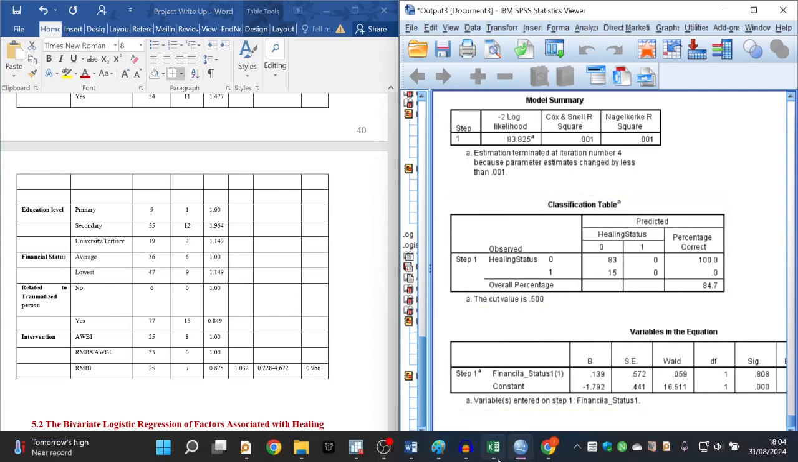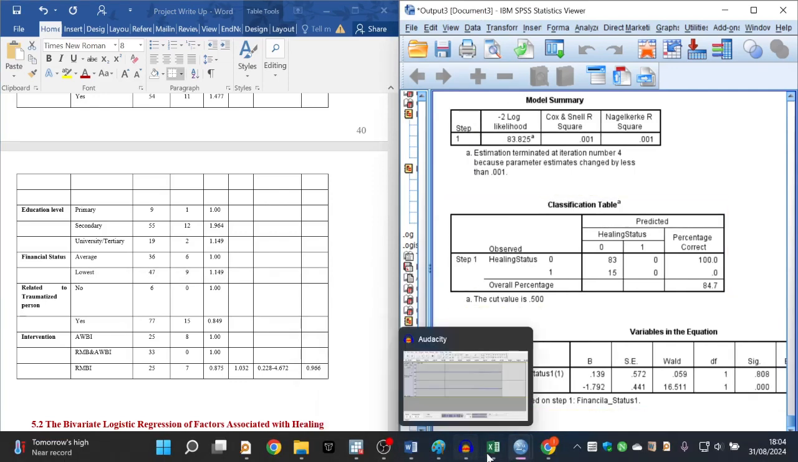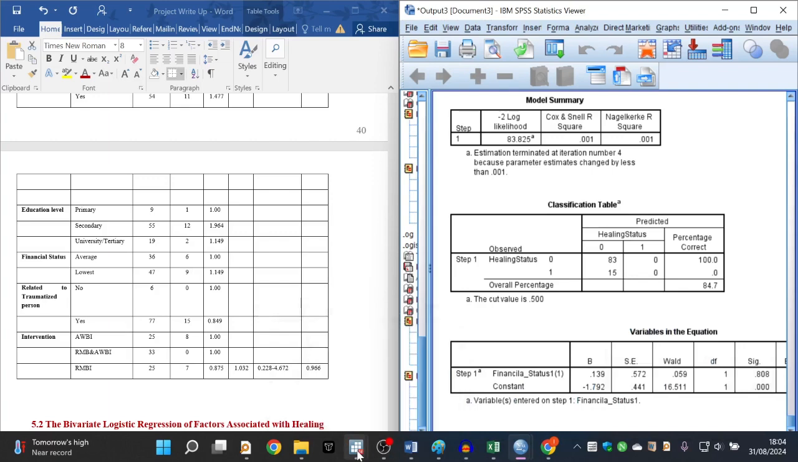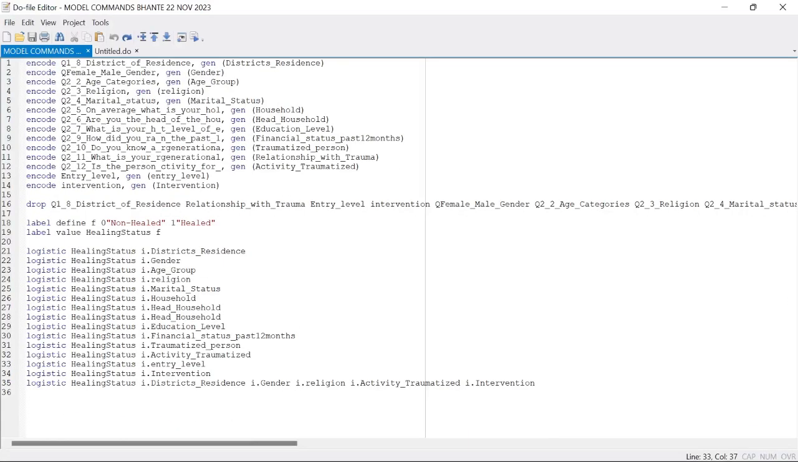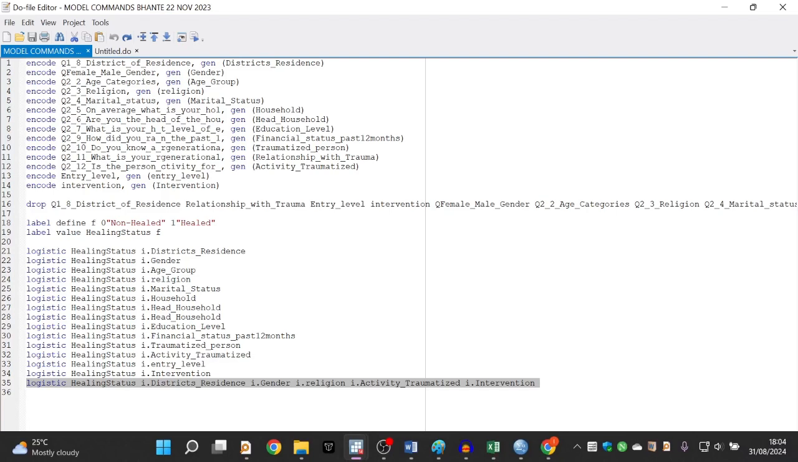But for bivariate, it's not always a very accurate prediction. That's why we always report the crude odds ratio. So we want to do multivariate. Those are the variables that had p-values less than 0.25. If you have p-values less than 0.25 at bivariate logistic regression, you can qualify to be considered for